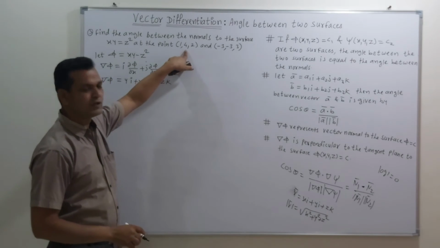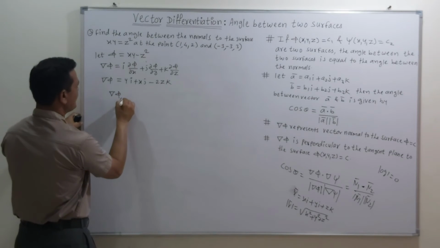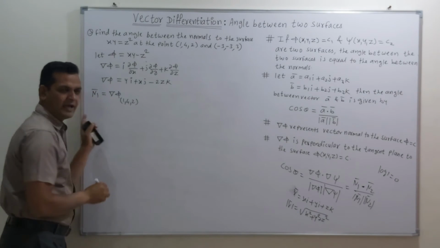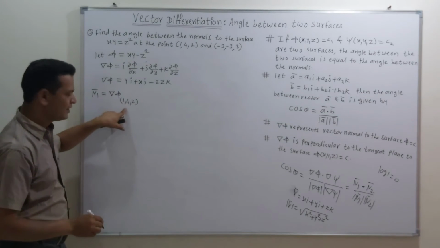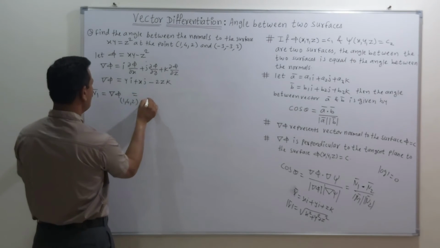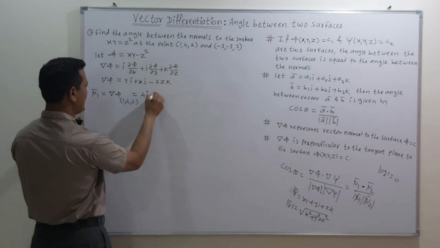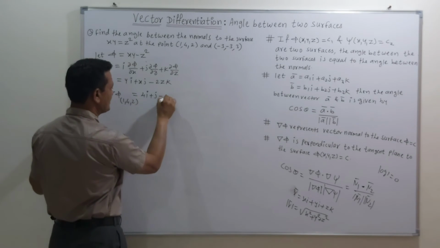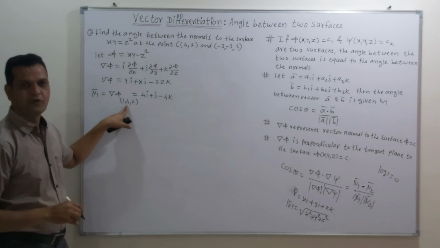Now friends, find the normal to the surface at the first point. So we can write this as the normal to the surface at the point 1, 4, 2. Let's denote this normal by n1. So n1 stands for the normal to the surface at the first point, and which is given as 4i, since y is 4, then x is equal to 1, that means this is j, then this is minus, the value of z is 2, so 2 times 2 is 4, that means this is minus 4k. So this is the value of del phi at the point 1, 4 and 2.